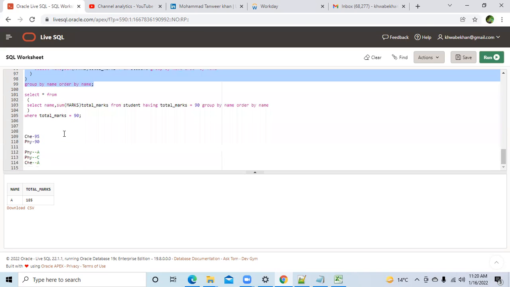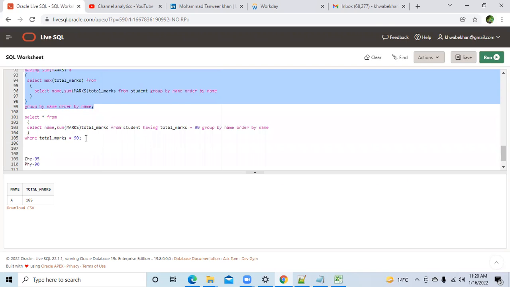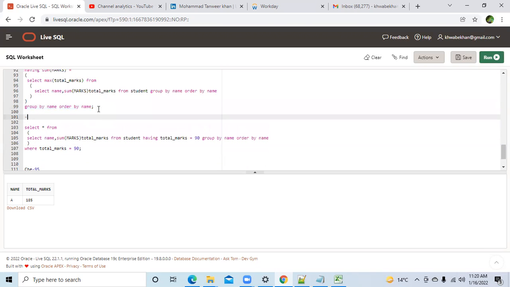Now moving to CTE expression, shall I proceed? CTE is a very powerful expression. You guys will say that Tanvi is calling every expression powerful, but believe me, CTE is very powerful because it will make your life very easy, and I will tell you how. Now Shivanshu will ask me to tell the full form of CTE. Shivanshu, common table expression. Very good. Common table expression. I will tell you why this is known as common table expression. Let's come to this.